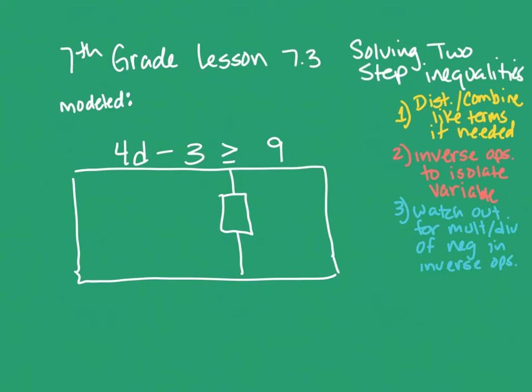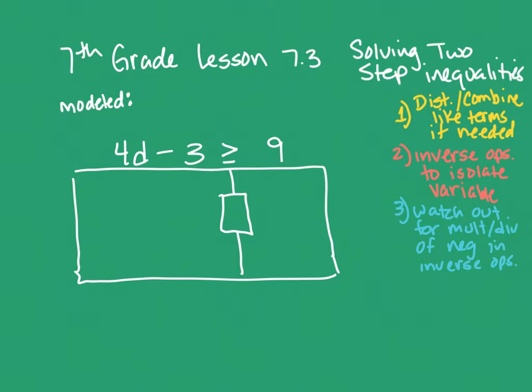Seventh grade lesson 7.3 is now solving two-step inequalities. Very, very similar to solving two-step equations, which we did a while back. So the steps that we have for that is if we need to distribute, then we do that. That's when we see those parentheses in there that we need to clear out. So we use that distributive property where you multiply that outer term by each of the inner terms. And then at that point, you'd probably have some terms that can combine together on the same side of the